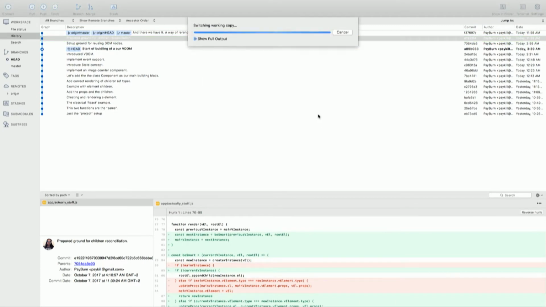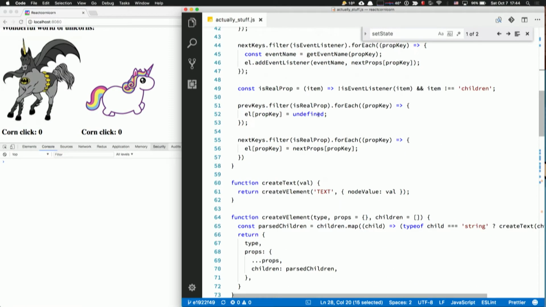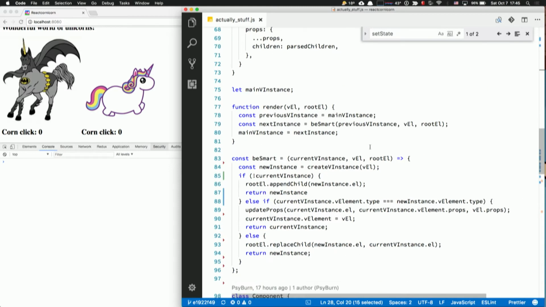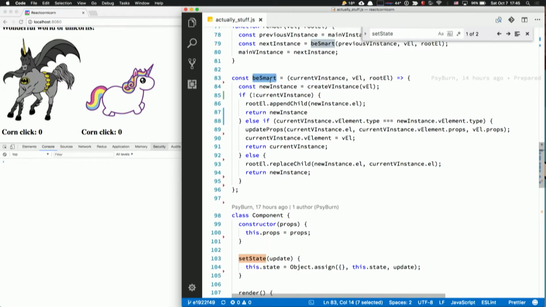Now we enter reconciliation. Currently, we were just rendering stuff whatever happened. Something came in, we just rendered it. OK, great. But we said we want to be smart. We only want to change things that actually changed. Now we have a way to access those nodes that changed. Now we have to make something smart that says, I have this tree, I have this tree. I have to traverse the tree and find whatever changed and update my HTML DOM. For that, we have a be-smart function, which just does that.